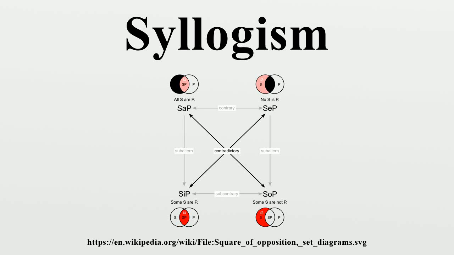A syllogism is a kind of logical argument that applies deductive reasoning to arrive at a conclusion based on two or more propositions that are asserted or assumed to be true. In its earliest form, defined by Aristotle, from the combination of a general statement and a specific statement, a conclusion is deduced. For example, knowing that all men are mortal and that Socrates is a man, we may validly conclude